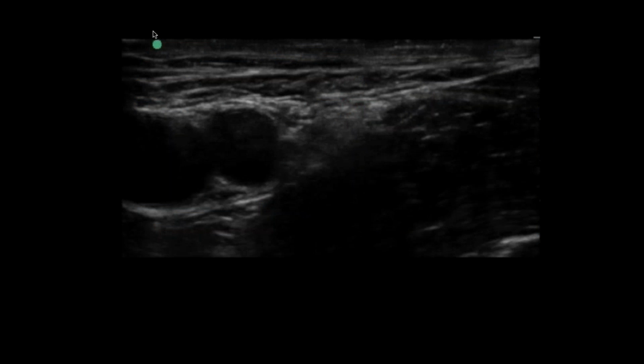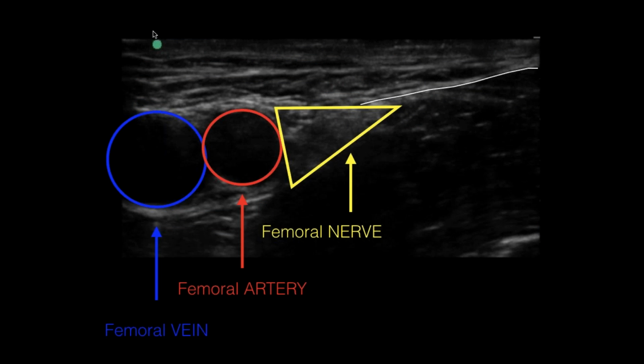And here's what that is going to then look like on ultrasound. So you're going to have the femoral vein medially, the femoral artery lateral to that, and then the femoral nerve and some fat and other tissues are going to be within that triangle. So that entire triangle isn't nerve, but the nerve lives within that triangle that's made by the tissue layers lateral